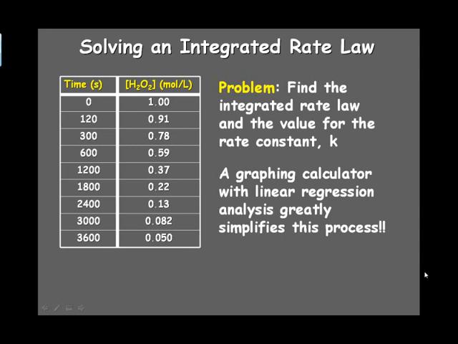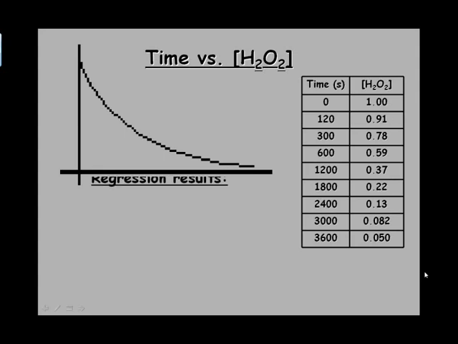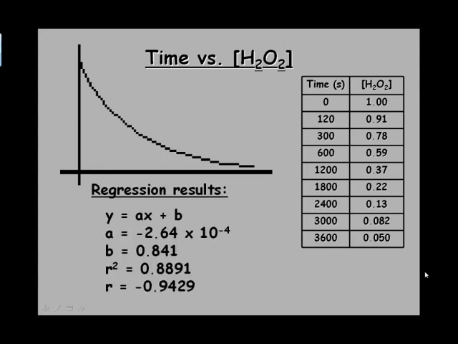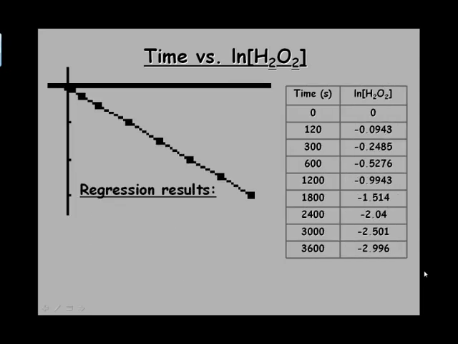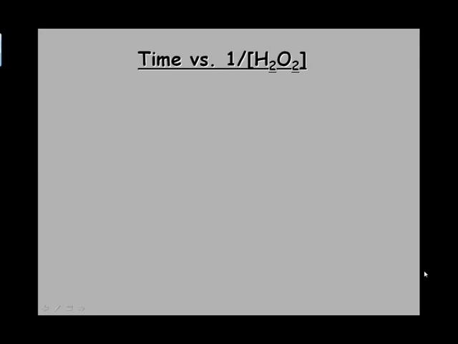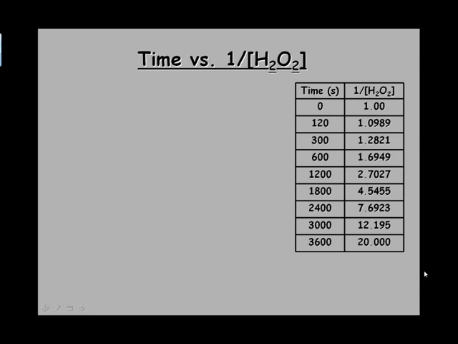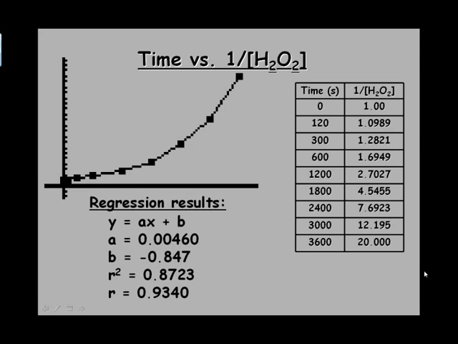So, as in any integrated rate law, you want to do three graphs. You want to take time versus the concentration and graph it. Notice the R squared value there is 0.8891. Then you want to take time versus the natural log of the concentration. Notice that the R squared value here is 0.99978. And then you want to take time versus 1 over the concentration of hydrogen peroxide. And notice here that the R squared value is